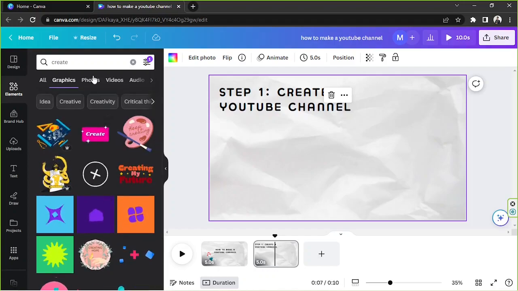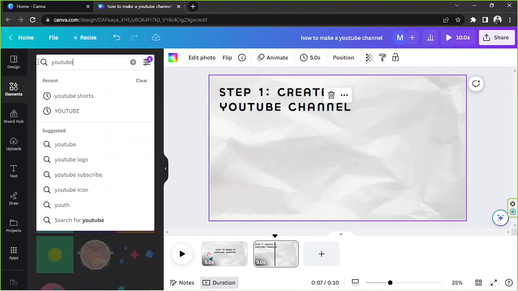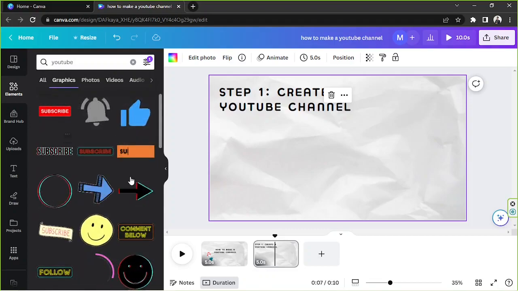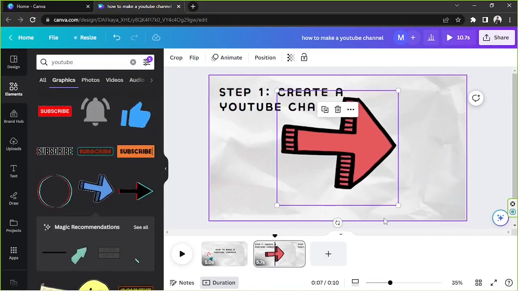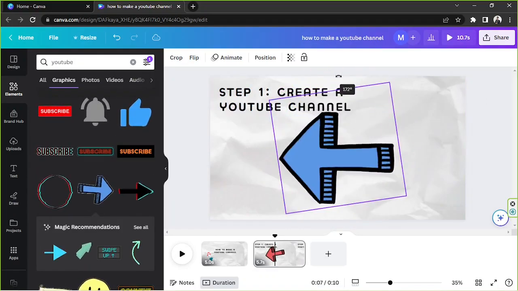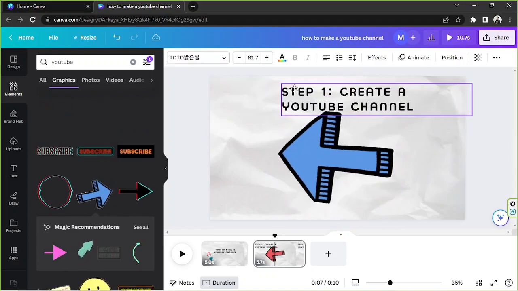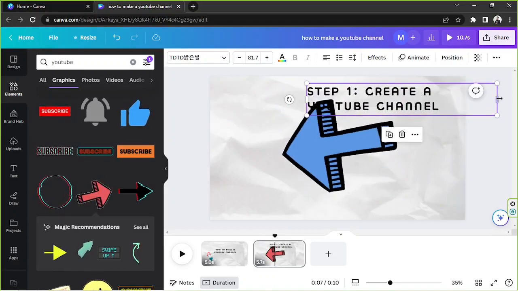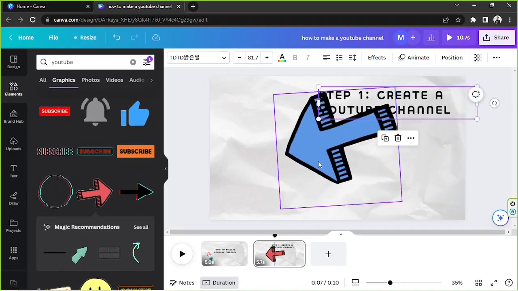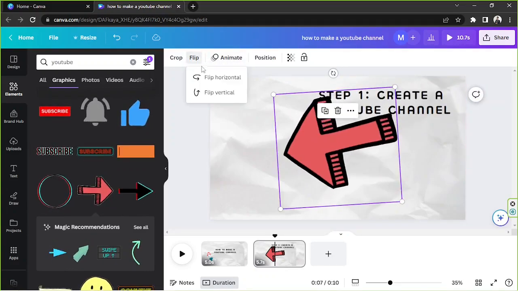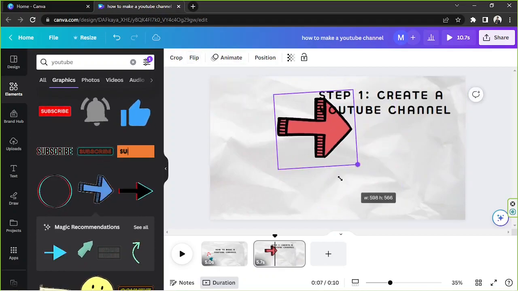We can't really find one. What about YouTube? Okay, I'm not finding anything right now. Maybe we could just use this. Or maybe we could put this over here and then put the arrow. Let's flip the arrow first and then